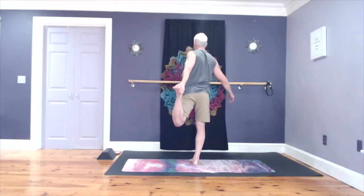So exaggerate the left shoulder, pulling back and down. Trying to put that left shoulder blade in your back pocket. And with the chest up nice and high, keep kicking that foot back behind you as far as you can. Keeping the torso up nice and tall, exaggerating the contraction in the left lat, and exaggerating the recruitment of that